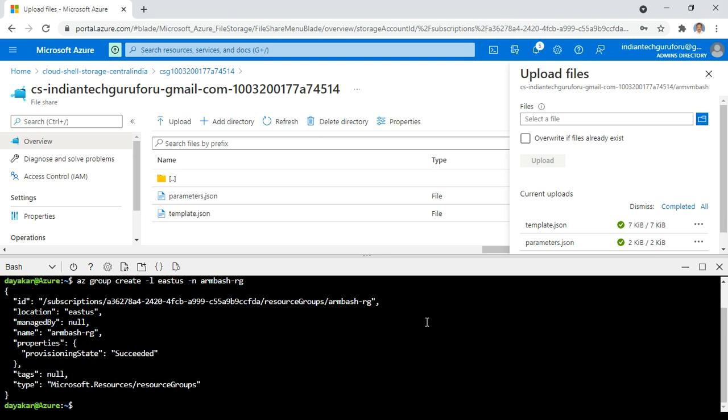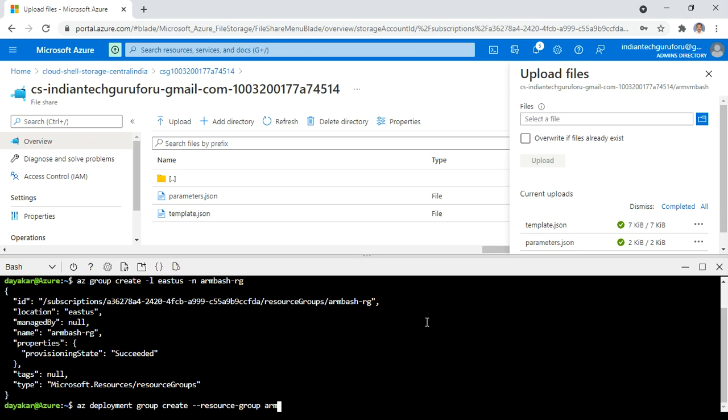Once the resource group is created, now I am going to deploy the virtual machine using the ARM template. The command for that is az deployment group create. We need to give the resource group name. What is the resource group name?